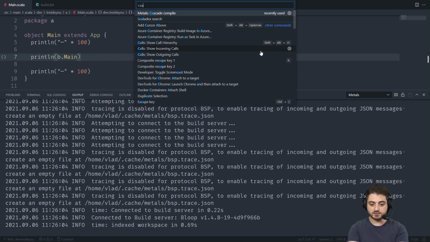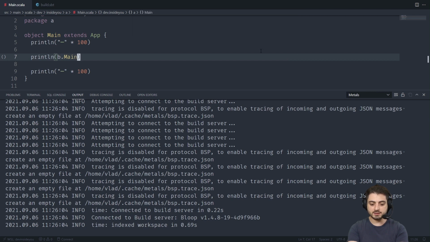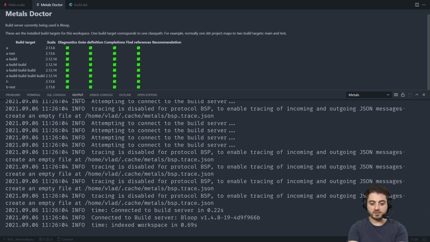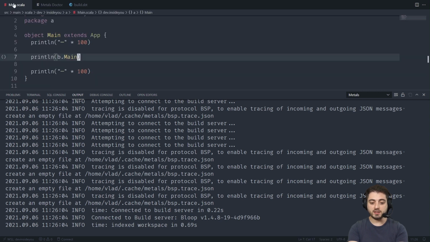And also, I recently got into a habit of doing cascade compile like this. We should also run the doctor, and now we're going to see that B is actually now there, right? So there's B and there's B.test, okay? Which means that we can go over here and we can see the type, or we can, for example, actually